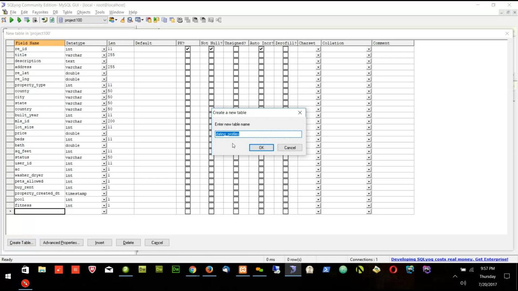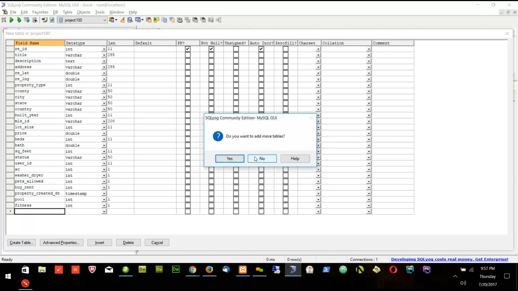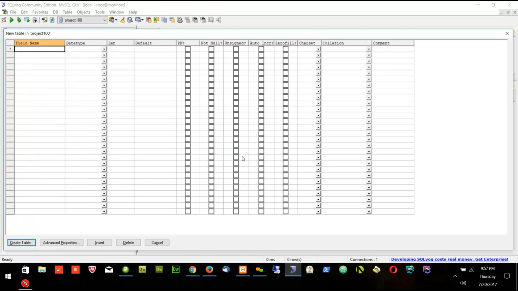Okay, so this is real estate. I will say real estate properties. We will create this as a table. I'm doing all the tables so you get an idea how to create the tables. So once you get the idea of creating the table,